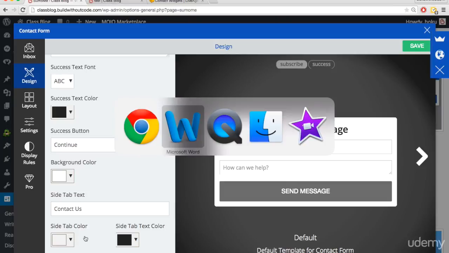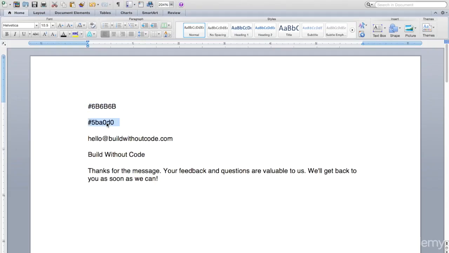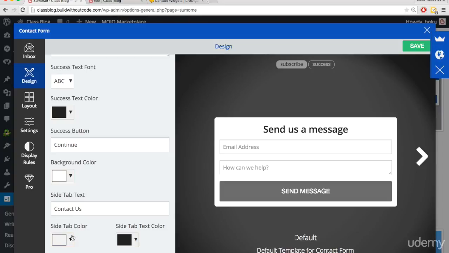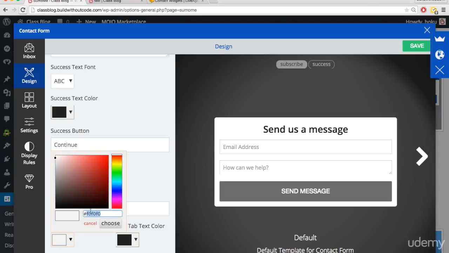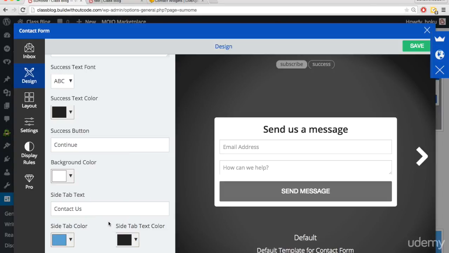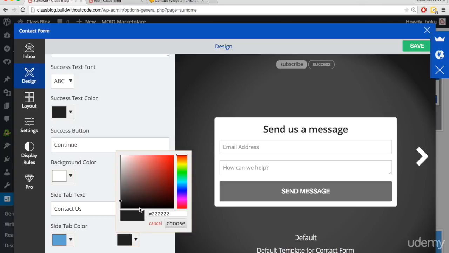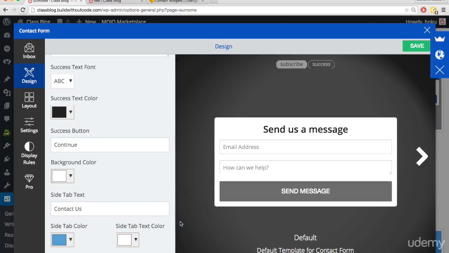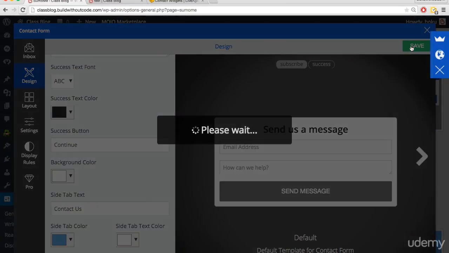So we're actually going to get this. It's like a light blue, and put that in here, and change this. Instead of black, we'll do white, so it'll be white text over this blue color. And let's save that,